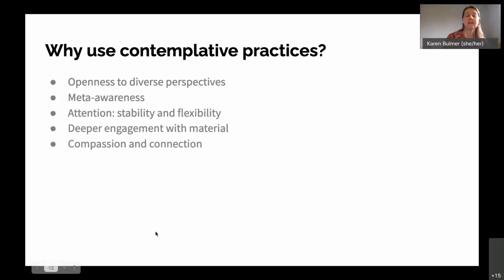And then the theme of the whole conference, compassion and connection. I feel there are lots of contemplative exercises that explicitly cultivate compassion and connection. I don't tend to use those a lot in the classroom. Sometimes I do.